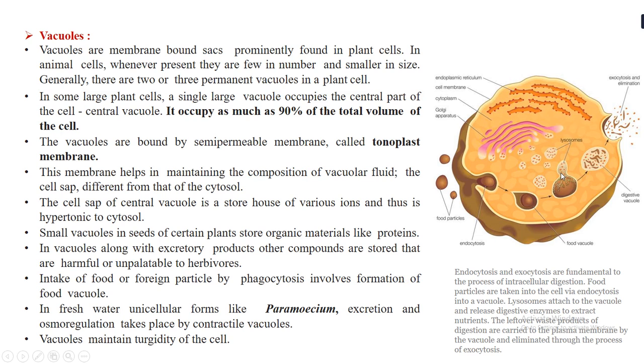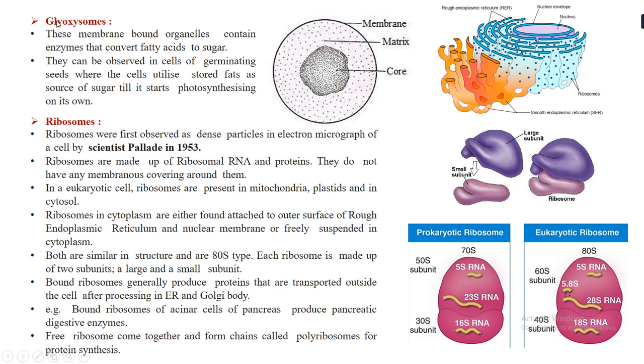Now in freshwater unicellular forms like paramecium, excretion and osmoregulation also take place by contractile vacuoles. And one more thing, vacuoles are helpful in maintaining the turgidity of the cell. So students, this was about the vacuole. Now let us get on to